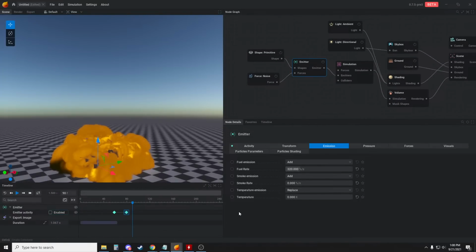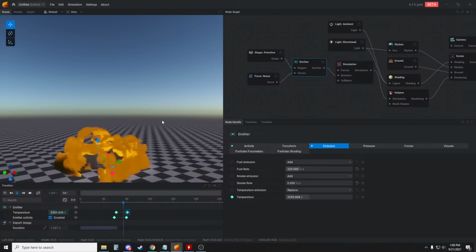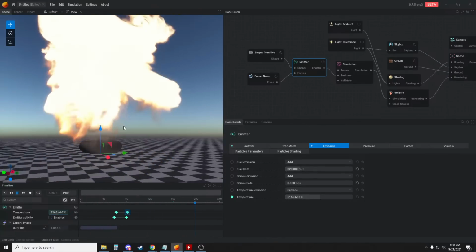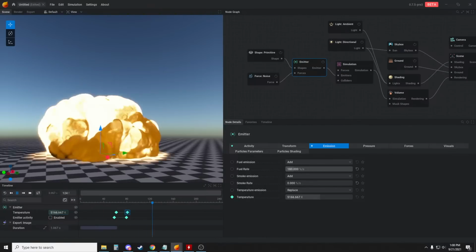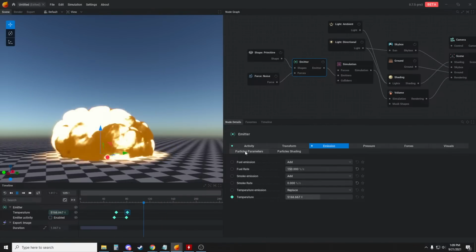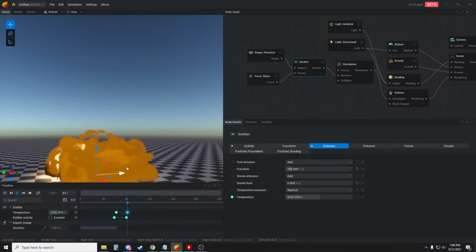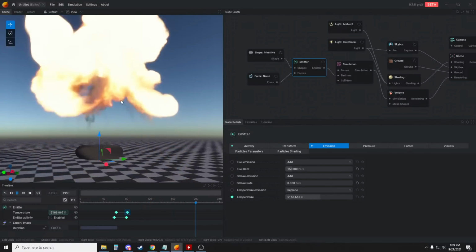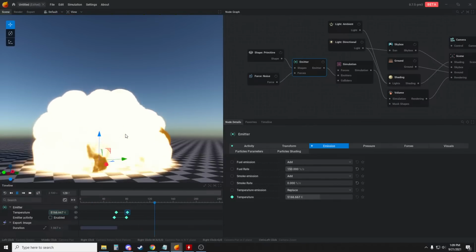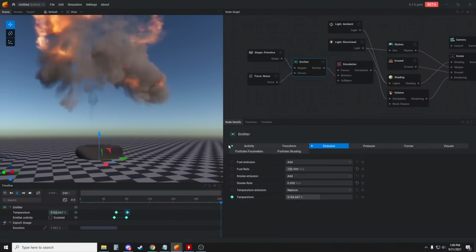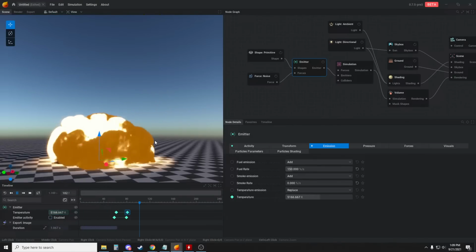And so what we'll do is we will expose our temperature to the timeline as well. And we'll say that it's going to be 0 right about here. And then whenever we turn it off, maybe we want to increase that to like maybe 5,000-ish. And so we'll see, and then boom, we have our explosion kind of take over. And so we probably have too much fuel, so we can lower our fuel and kind of see how that happens. And now you can see we have an explosion that kind of grows through the fuel, right, as it's consuming the fuel. So it's already much better than your typical